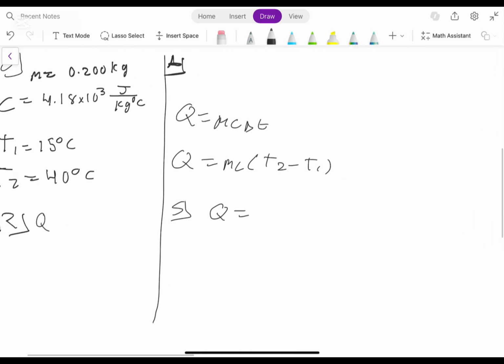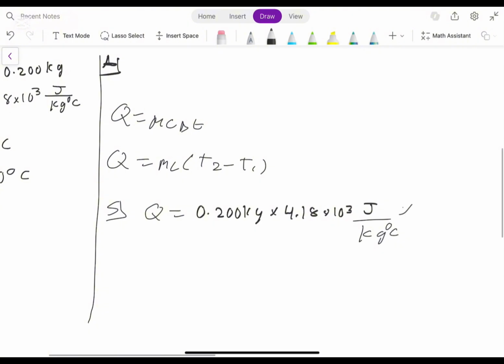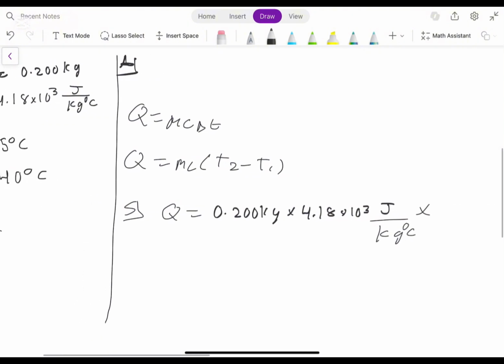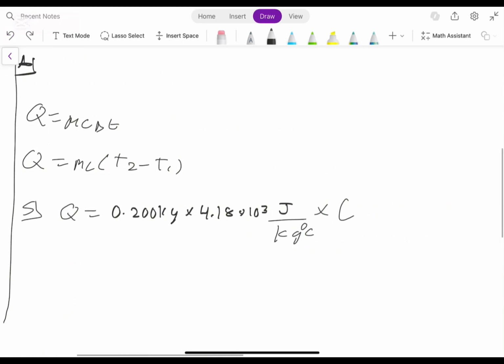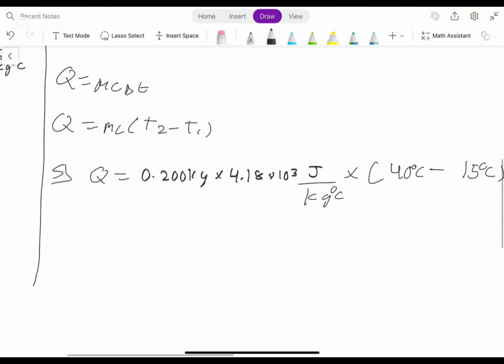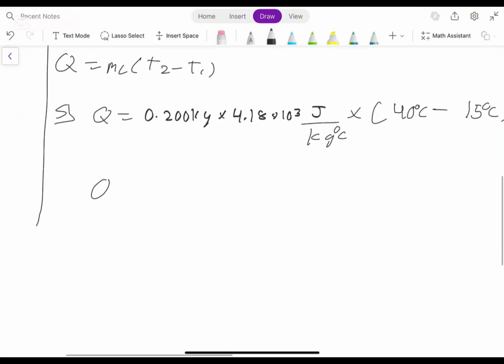So now that we have the mass, we just go 0.200 kilograms multiplied by the heat capacity, which is 4.18 times 10 to the 3 joules per kilogram degrees Celsius, and then just multiply by T2 minus T1, which T2 is going to be 40 degrees Celsius, and we're going to minus that by 15 degrees Celsius. And now we have Q is equal to, and from here, this is simply just calculator work. We can punch this into our calculator, and you should get